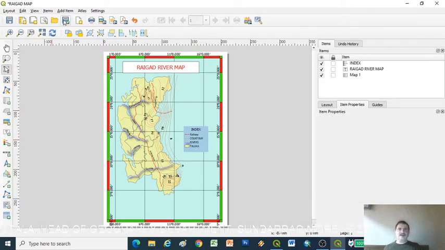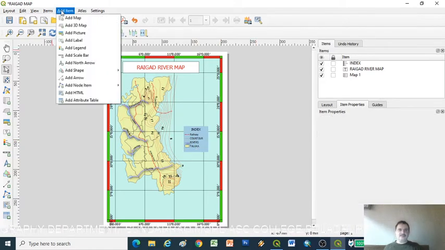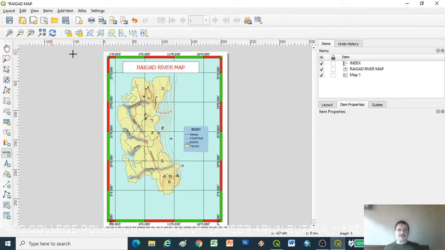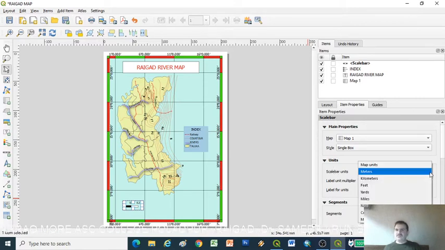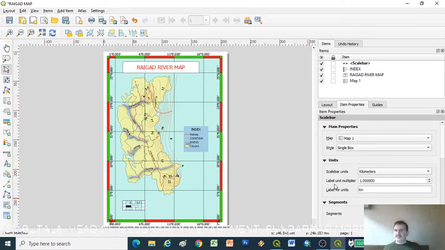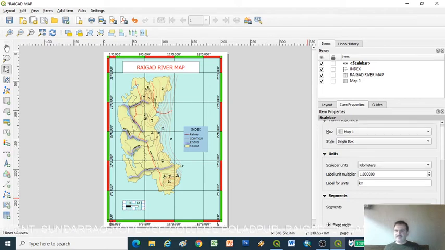Now the next property is a scale. Add the scale bar, click on it, just drag here. Now see in the right corner, these are the map properties. Unit: we want a centimeter or kilometer unit. Then these are the multiplier and label.